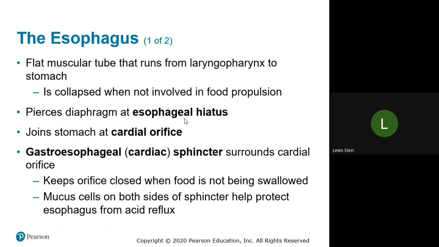It's just moving the food along actively and then by smooth muscle, without overwhelming control. So it's involuntary control. It ends where it penetrates the diaphragm. The diaphragm has 3 openings. It has an opening for the vena cava, coming back to the heart, an opening for the aorta, going down, and it has an opening for the esophagus. So we call those openings hiatus or hiati, the esophageal hiatus, and that's where, when we have part of the